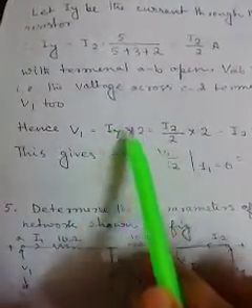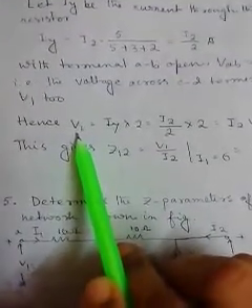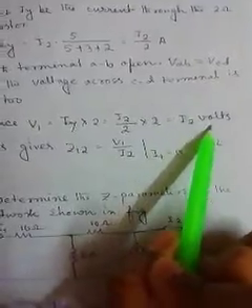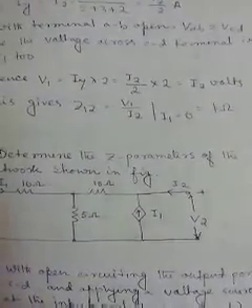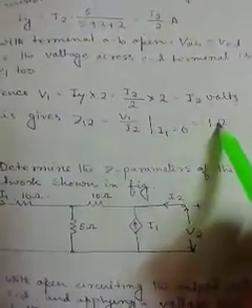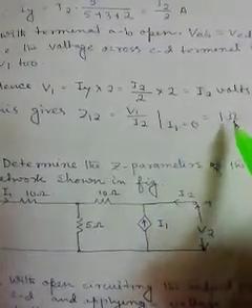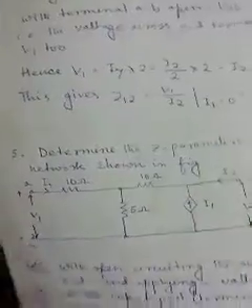Now V1 should be equal to IY into 2. IY is the current carried by this 2 ohm, into the resistance value, which equals the terminal voltage V1, and finally we are getting I2. So V1 by I2 at I1 equal to 0 is coming again as 1 ohm. So that is the value of Z12, and in this way we are able to get the 4 values of Z parameters by opening one terminal at a time.